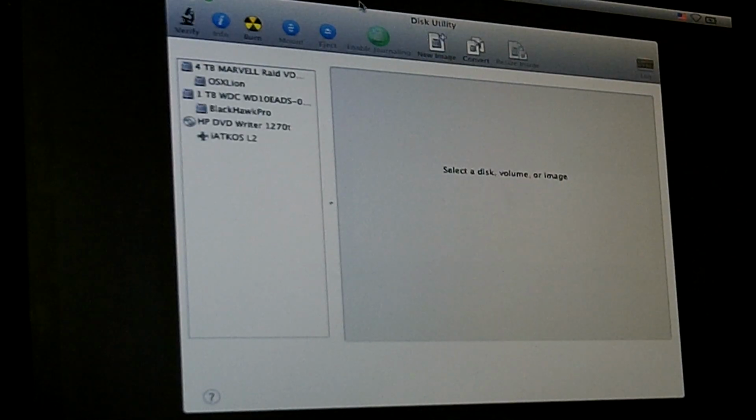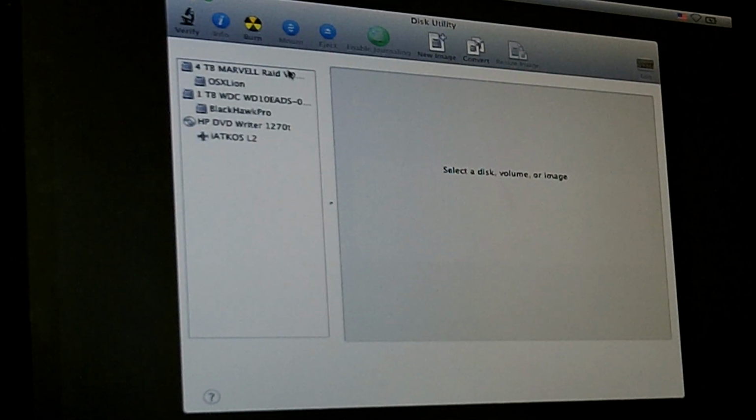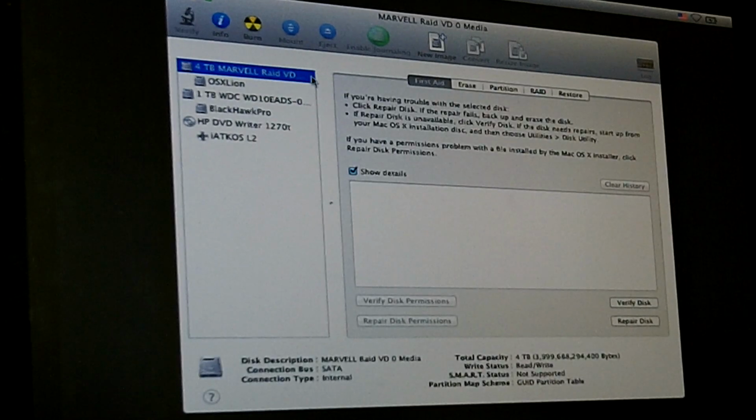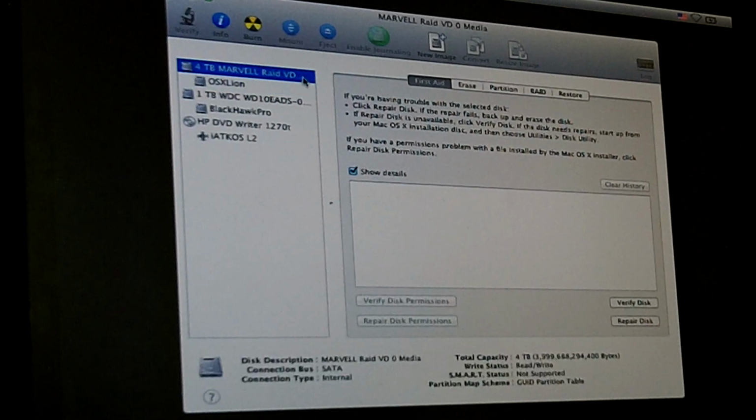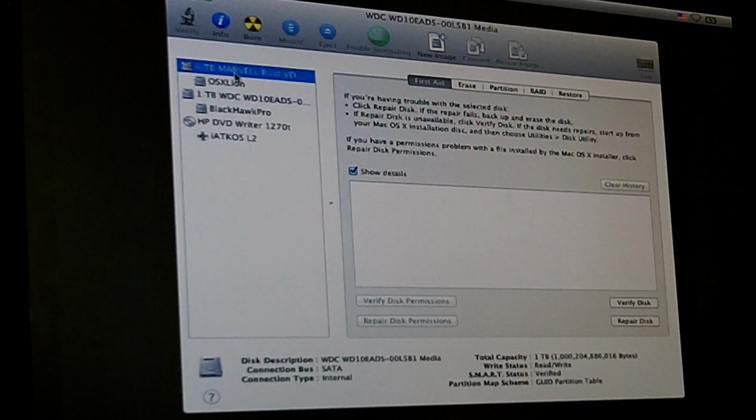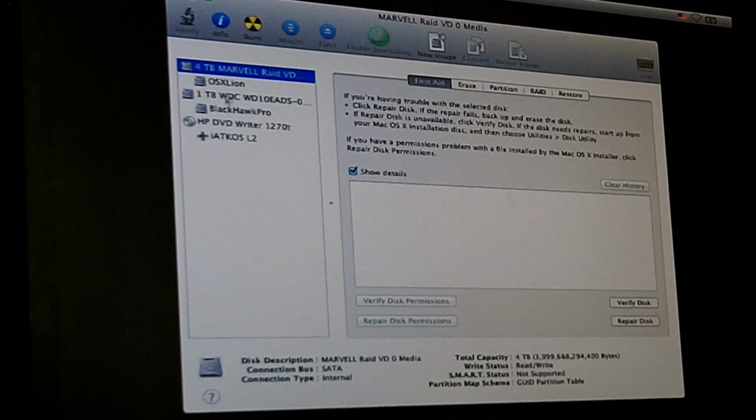Just gathering information. Here we go, and here it is. And that's my RAID virtual configuration, OSXLion. I already had it installed, but I'll walk you through it. Once you've clicked on whatever configuration you want to have, either the two, so I have my 1 terabyte here and my 4 terabyte here, I can make it into a different